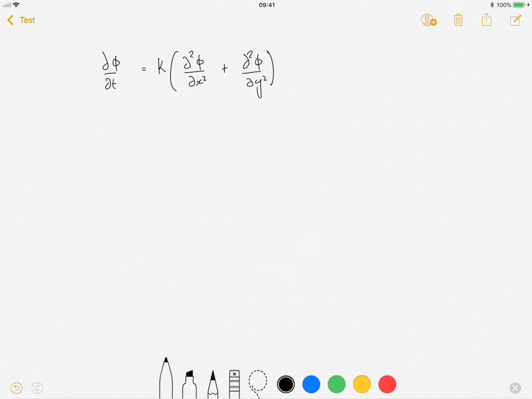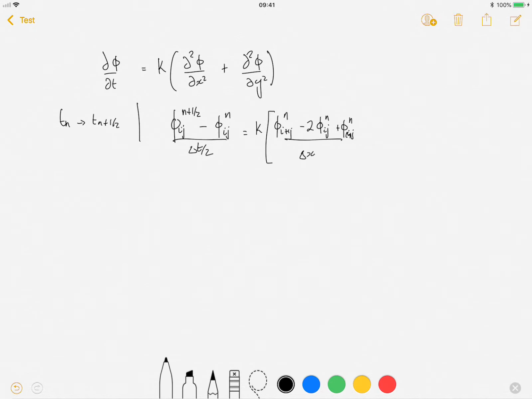Okay, so our first half step, remember from the previous video, the first half step that goes from t^n to t^(n+1/2), is calculated as follows. (φ_ij^(n+1/2) − φ_ij^n) divided by half our time step is equal to the diffusion coefficient multiplied by (φ_(i+1,j)^n − 2φ_ij^n + φ_(i−1,j)^n) divided by Δx²,